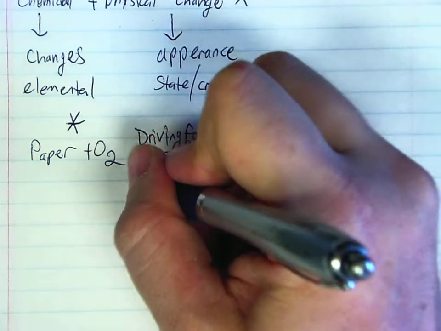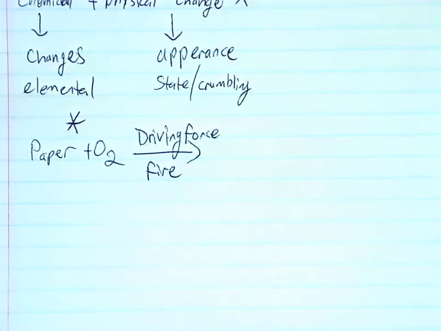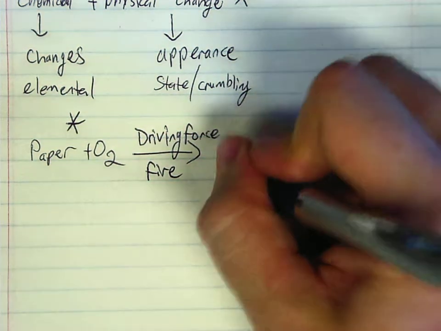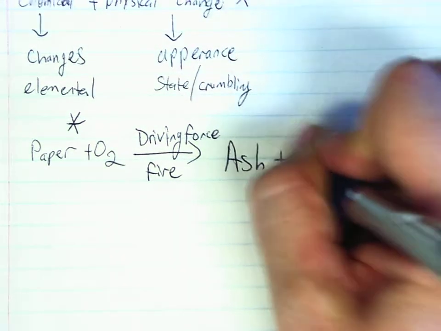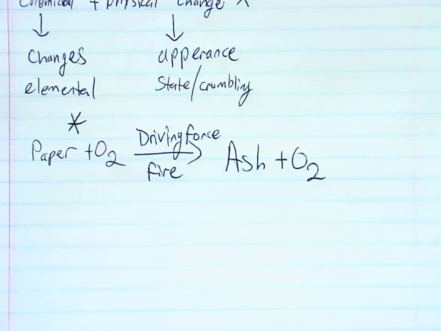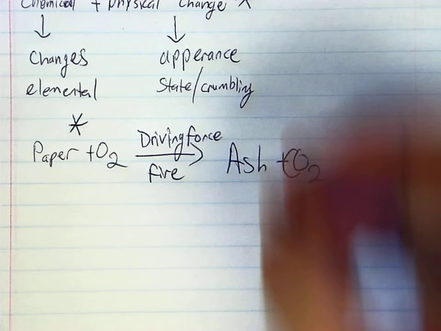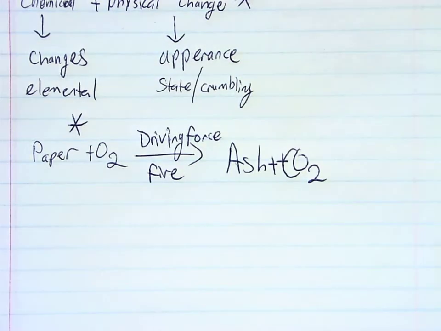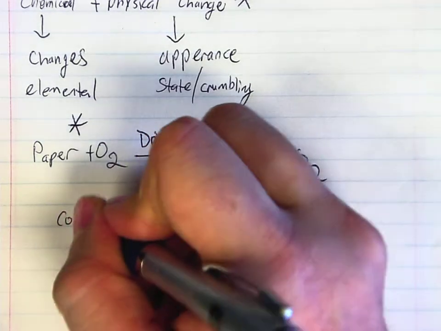And in this case, I used fire. Once I had that driving force, I produced ash and oxygen. Sorry, CO2, carbon dioxide. I produced those two things in that reaction because I had that driving force. From there, this reaction is called a combustion reaction,